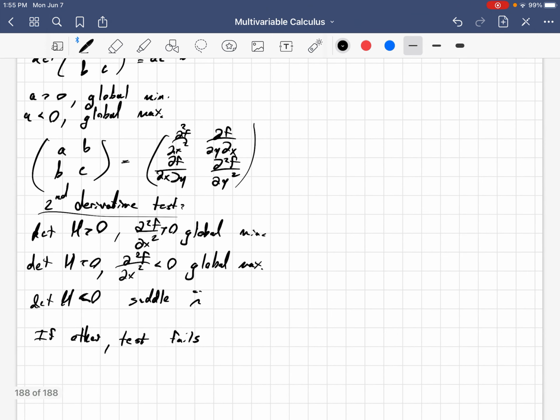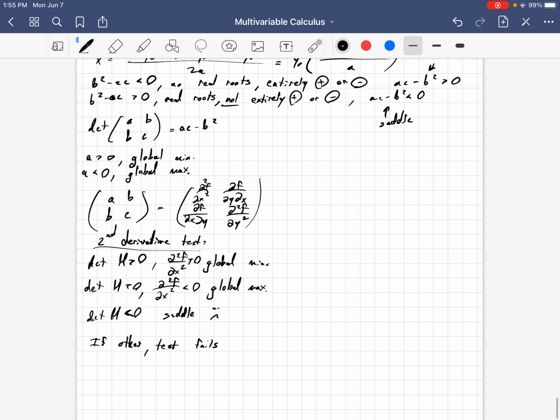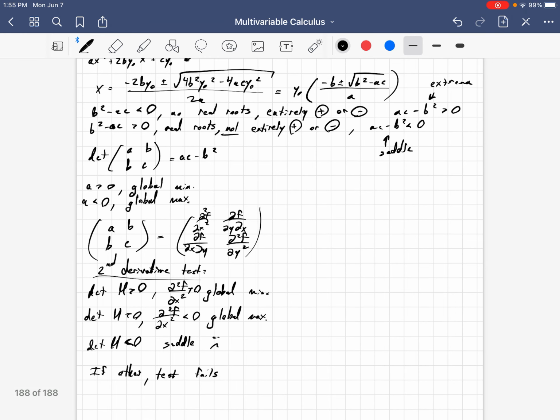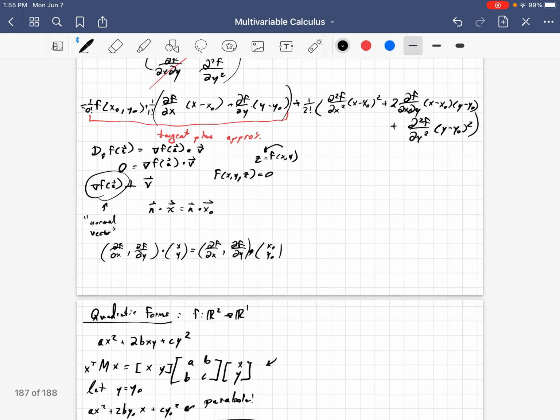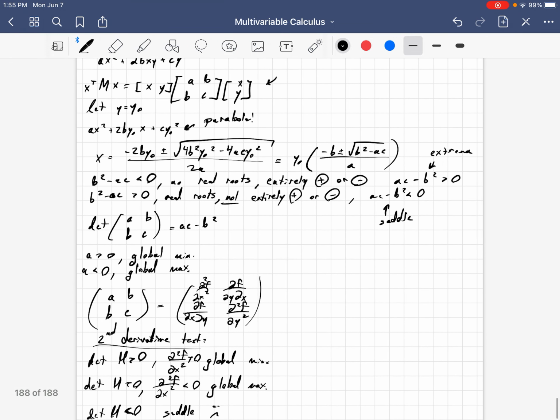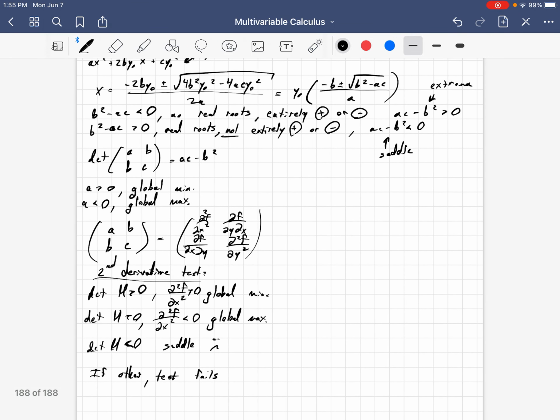So this really is a full explanation of the second derivative test that I wish a lot of calc textbooks would include. I think it is very instructional. And there was certainly nothing here that I mentioned that was beyond the scope of a Calculus 3 text. So I think with that now,